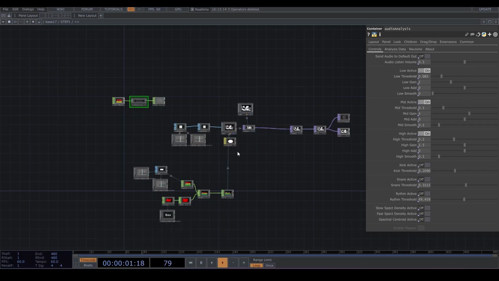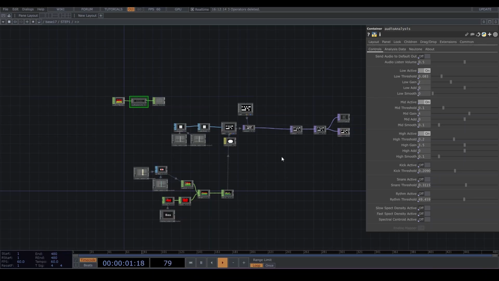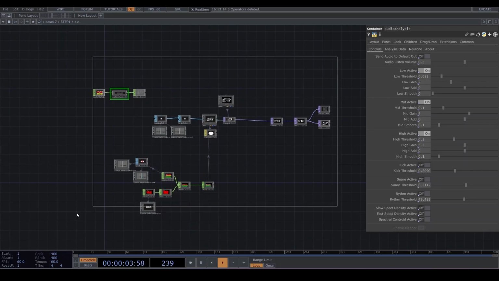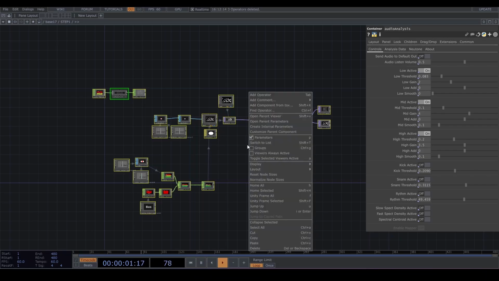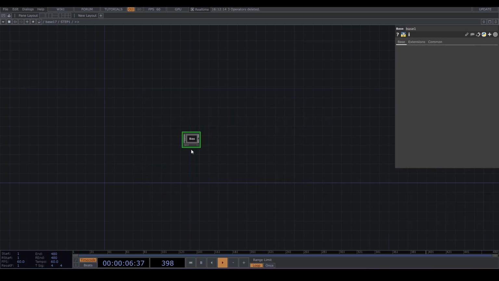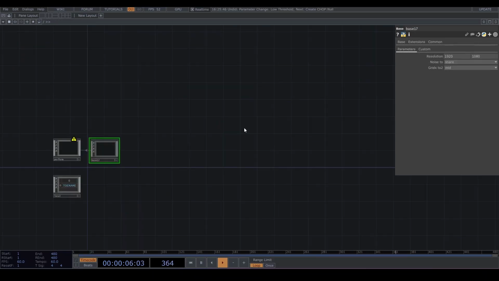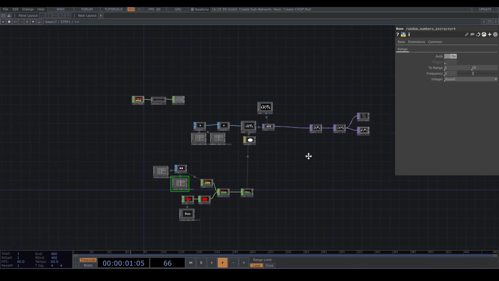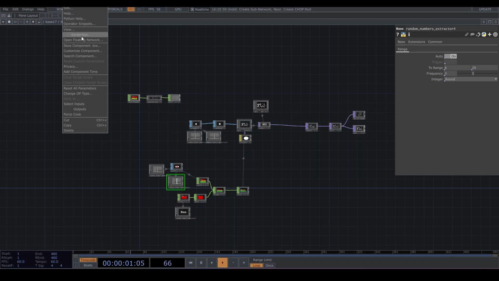Okay, and now from here, you want to have all your network gathered in a single base. If you don't have that yet, you can just select all of your components, and then with a right click on the map, you can see collapse selected, and everything will be automatically collapsed into a base, but I already did it. Once everything is already in a base, you can right click on the base name, like this one,